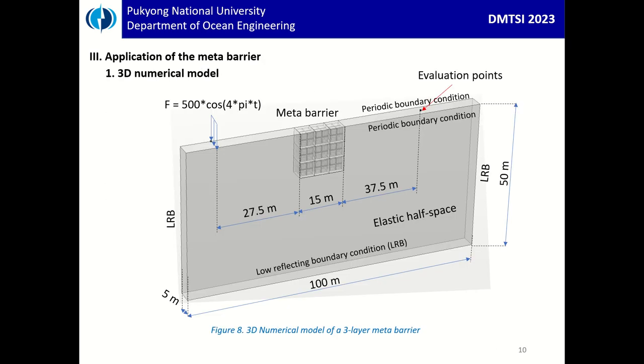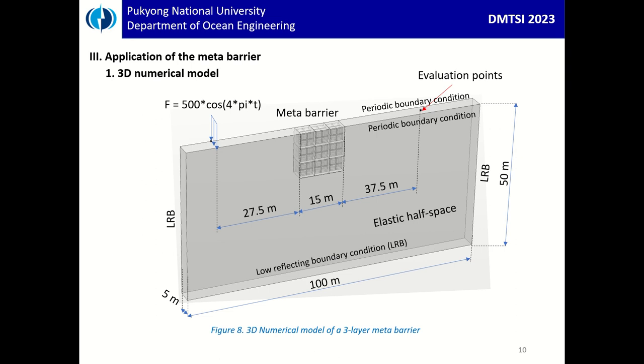Next is the application of the metabarrier. Now we construct a new 3D numerical model using the COMSOL Multiphysics software package. As you can see in figure 8, these are the configuration and the location of the components we have made. The first one is the dimension of the whole model, with 100 meters length,